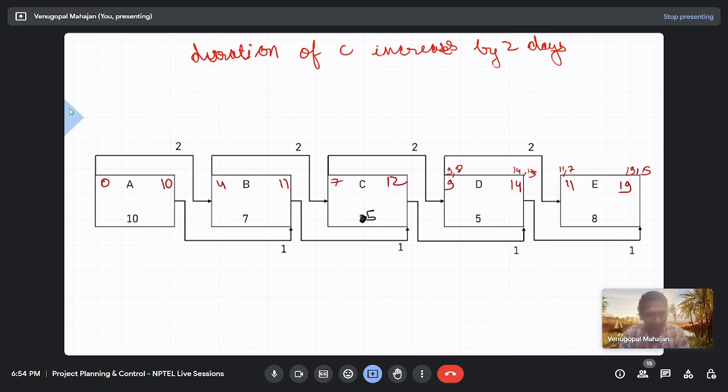Sir, can you please relate this reverse critical activity to some real world scenario of civil engineering? Okay. See, reverse criticality is not happening because of some physical phenomena. It is happening because of the relationships. Let me show it to you.